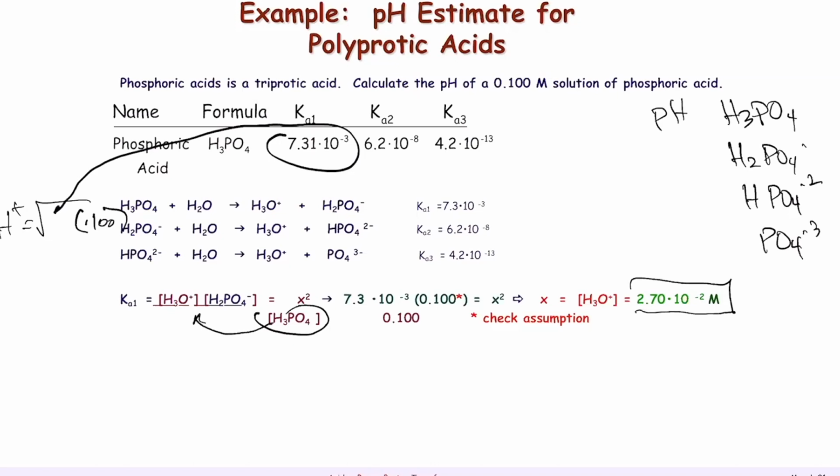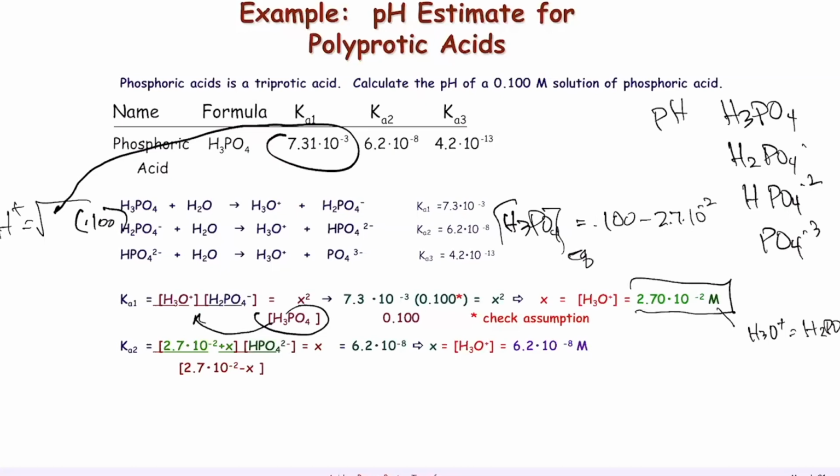So this hydronium ion concentration is also equal to our H2PO4 minus. If you subtract that amount from H3PO4, 0.10 minus 2.7 times 10 to the minus 2, then you get the H3PO4 concentration at equilibrium. And you find out that that amount is not so different than 0.1. Let's take a look at the second